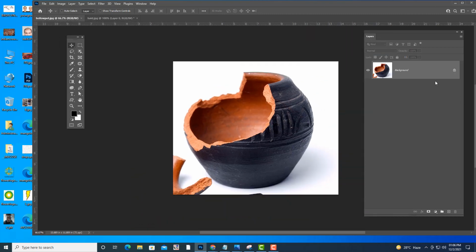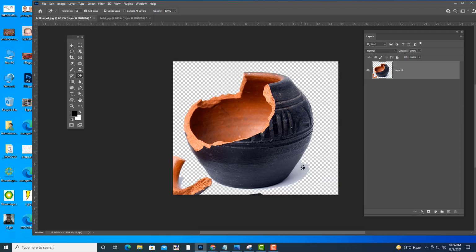So I have selected this pot, a broken pot. Let me remove this. Here I only want this top part, so I'm going to use the lasso tool and only select this part. Like this.